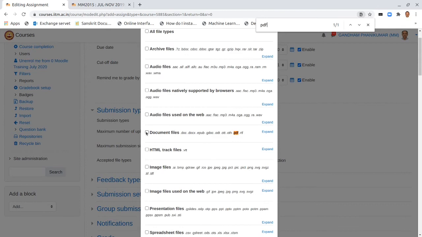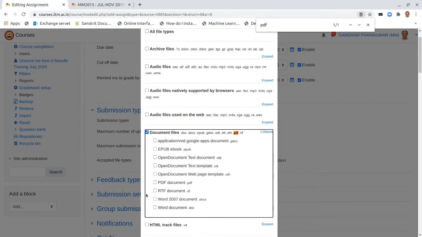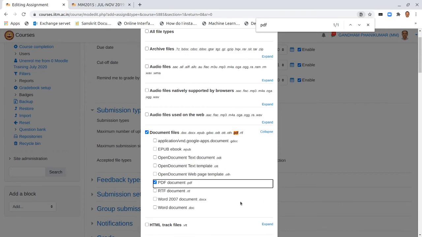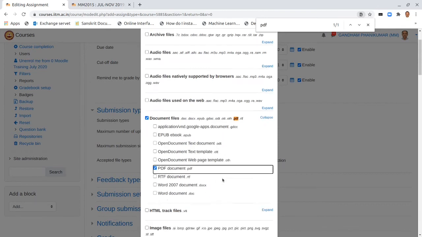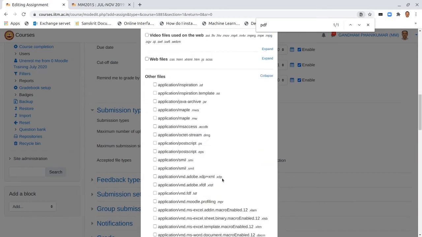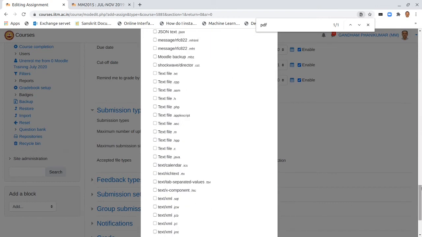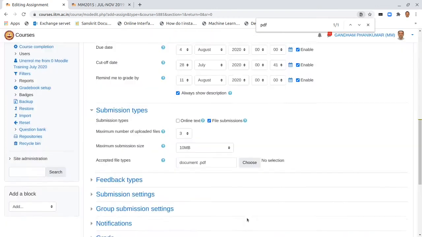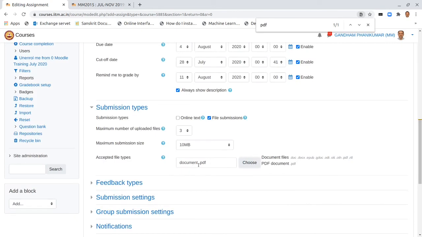So document files and PDF. So you have got that specifically available, and we can restrict our choice to be only that. Okay, save changes. So "document.pdf" with a space between those is the format that Moodle expects to say that only PDF files are allowed to be uploaded.